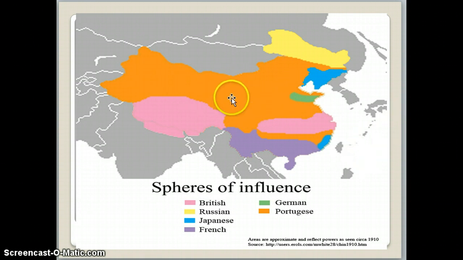By the way, if a British person tries to trade here and they're caught, it's against the law, and the Portuguese can take their stuff and put them in jail. This part right here is the only place that Germans are allowed to buy and sell goods and trade. This is the place where the British are allowed to sell and trade stuff. Down here is another little place where Japanese are allowed to sell and trade stuff. And this is where the French are allowed to sell and trade things.